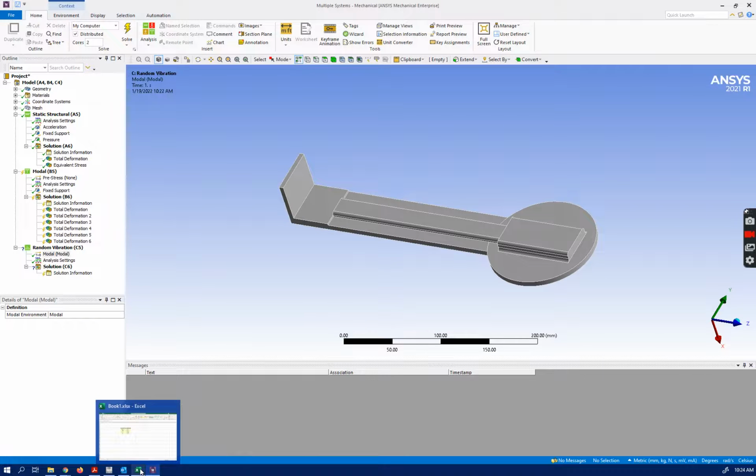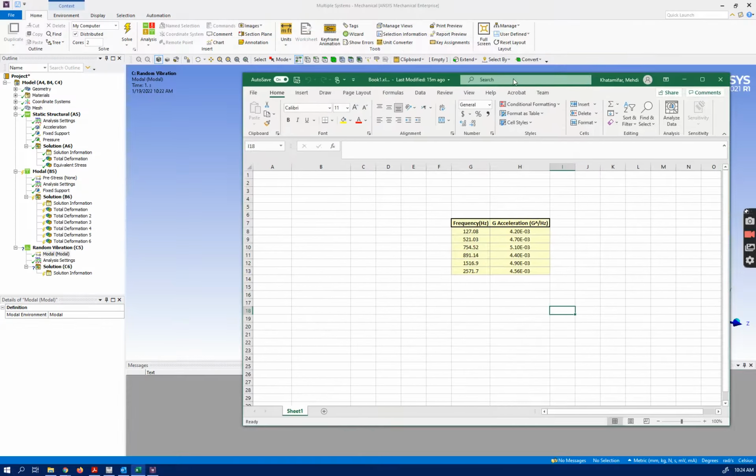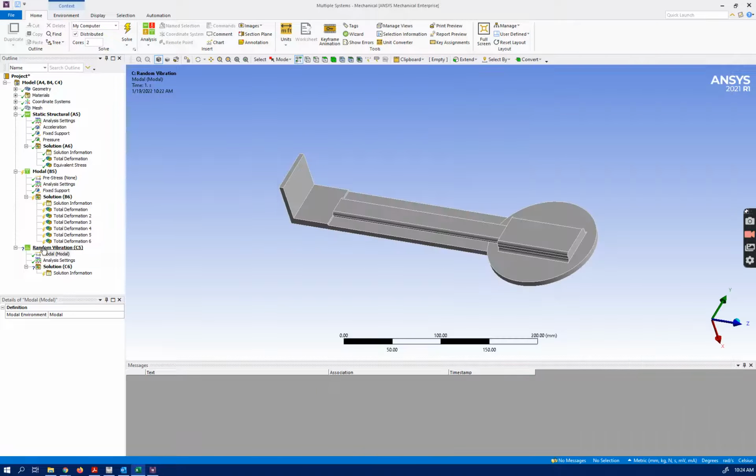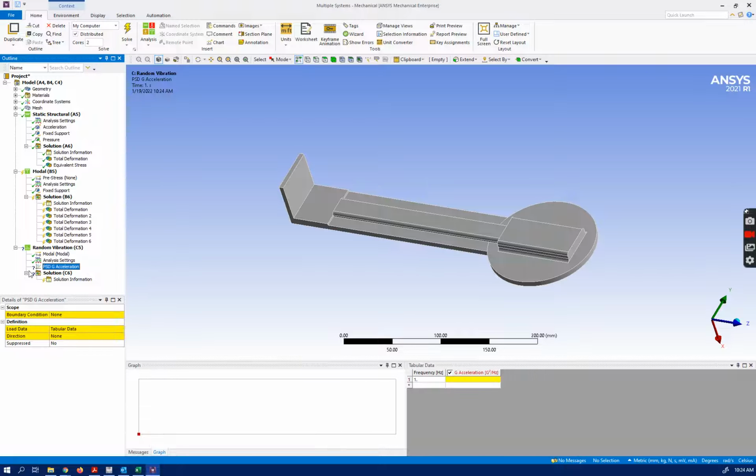Okay, I already generated those data here. As you can see here, this is our acceleration. It can be G acceleration, it can be just acceleration, or let me show you all the possibilities. Right click on random vibration, insert PSD for acceleration, PSD for velocity, PSD for G acceleration, PSD for displacement. Depending on what type of data you have for this random acceleration, you can select any of these. If your data, like me, is PSD G acceleration, I'm going to select that one,